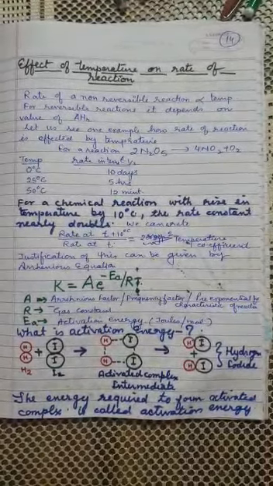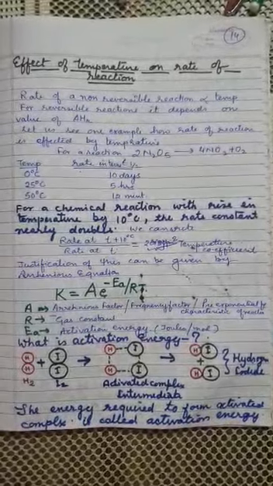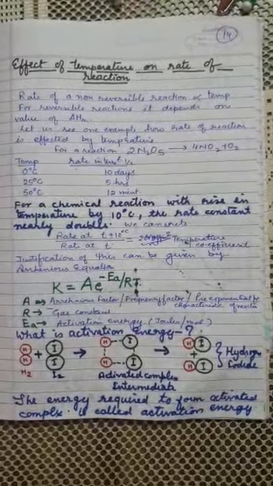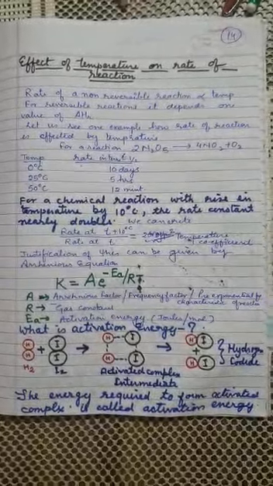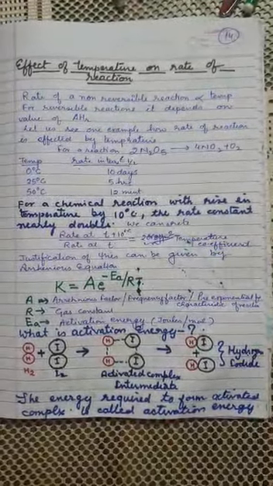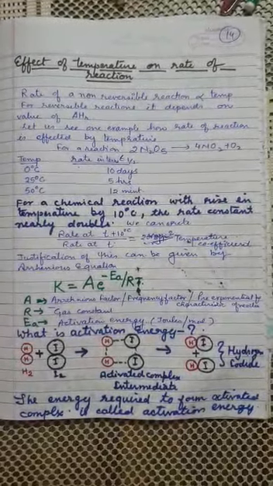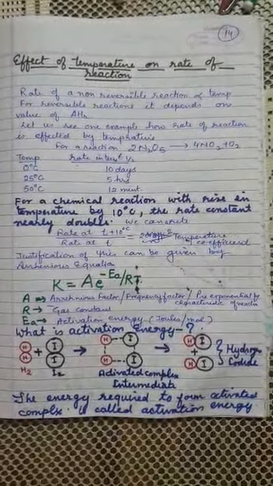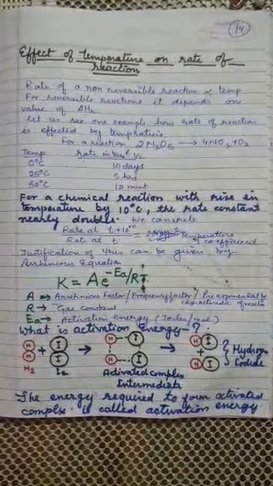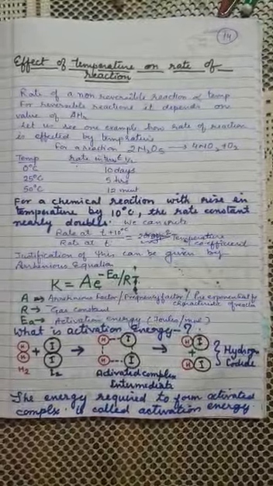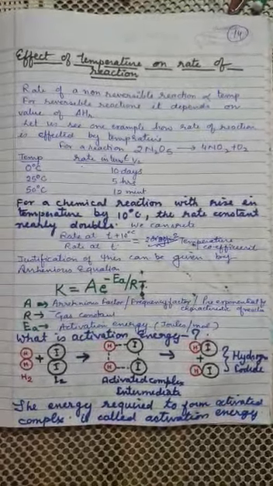So when temperature is increased, the equilibrium shifts in a direction where energy is absorbed, means the endothermic direction, or when temperature is decreased, the reaction shifts in a direction where energy is released, means the exothermic direction. So the change in temperature is nullified. But in a non-reversible reaction, this does not happen. In a non-reversible reaction, an increase in temperature generally increases the rate of reaction.